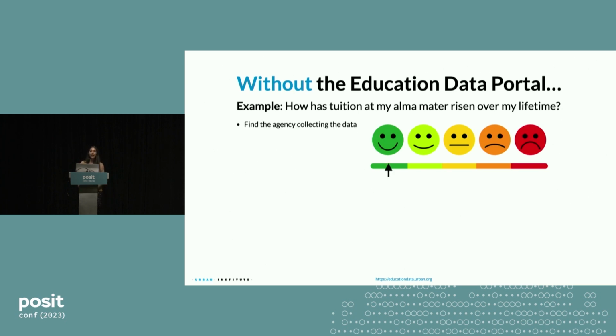The very first thing I'd have to do is just figure out which agency is collecting this data. As I mentioned at the beginning, I'm not an education data expert, so I just have to do some Googling, figure out which website to go to, get to that website. Next, I'd have to read through the data documentation, assuming that website has data documentation for me to read, to figure out what tables am I looking for, which variables. Maybe I'll type the keyword tuition into some kind of a query and then get a couple hundred or a couple thousand tables back to figure out just where is the data that I'm looking for on this website.